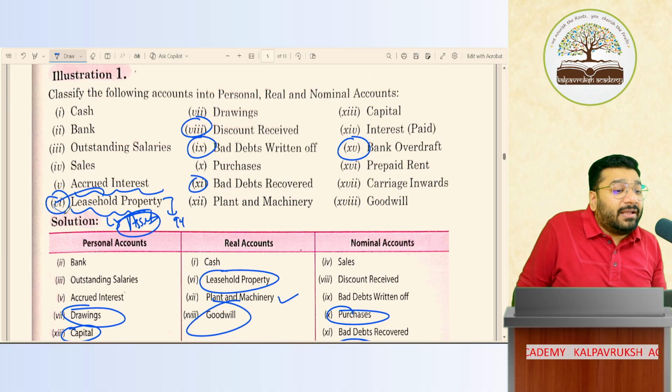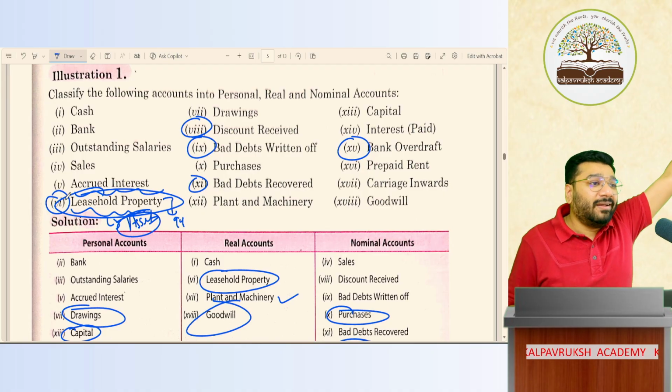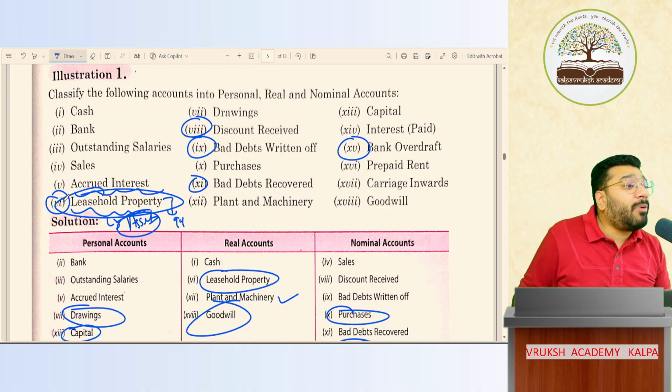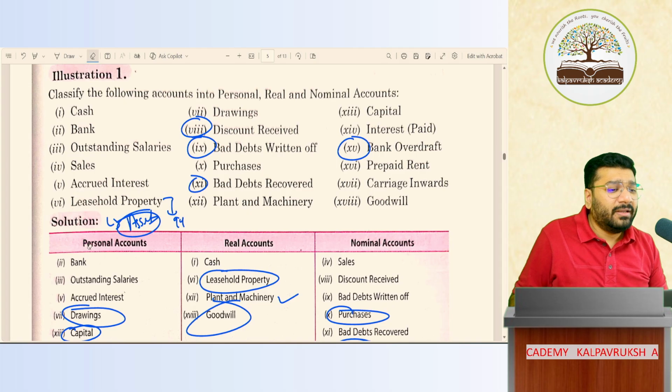So I've taken the property for 99 years lease. Since I'm using this land for more than 1 year, it becomes my leasehold property as an asset. Got it, not got it. Okay. Now,